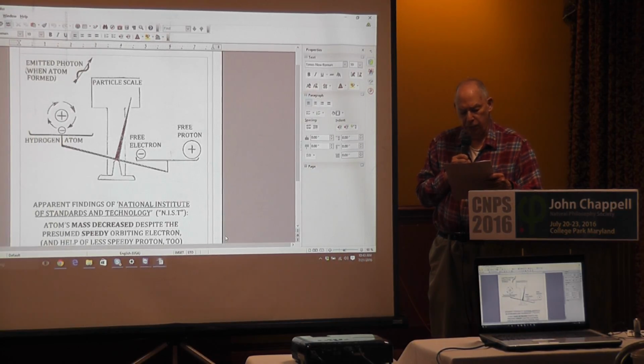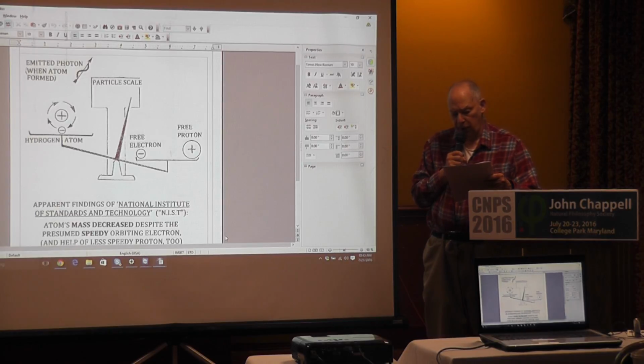Therefore the hydrogen atom should be more massive, somewhat like the protons accelerated to a high speed by the European